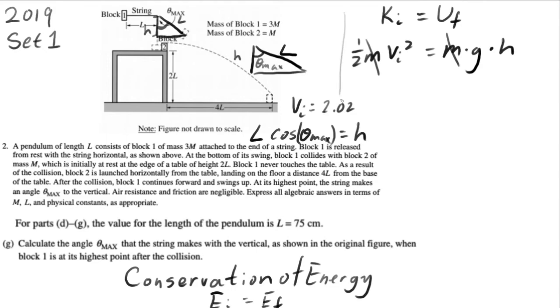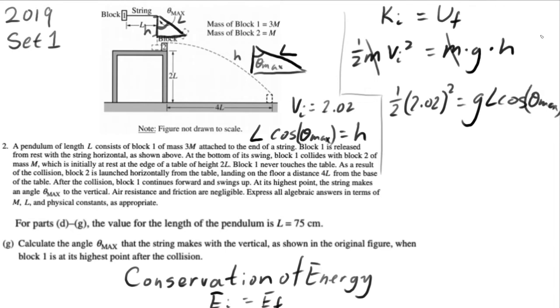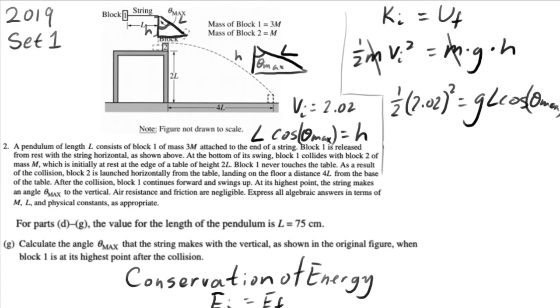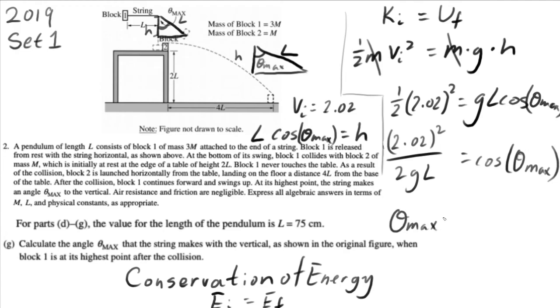So we can substitute things in here to get 1/2 times 2.02 squared is equal to g times L times cosine theta max. It's a bit cramped here, but on the actual test, it's best to write line by line and line up your equal signs. So we can divide both sides by gL and get 2.02 squared over 2gL equals cosine theta max. Then we take the inverse cosine of both sides to get theta max equals inverse cosine of 2.02 squared over 2gL. And if we plug all of this into a calculator, and I like to use 9.8 for g, we get theta max is equal to